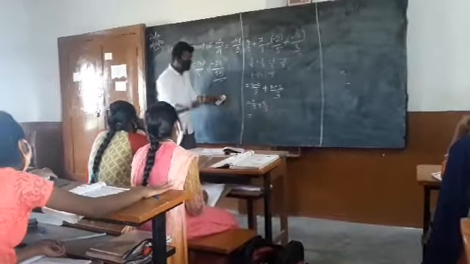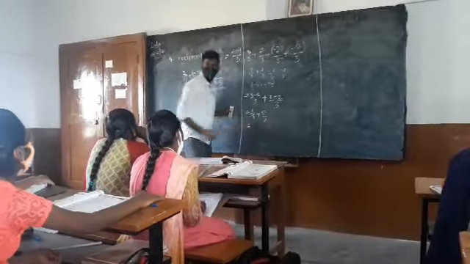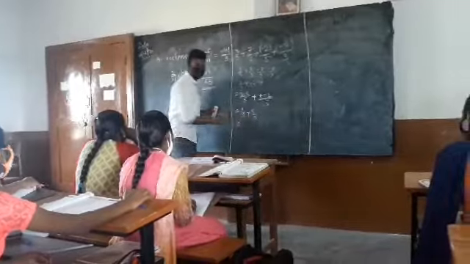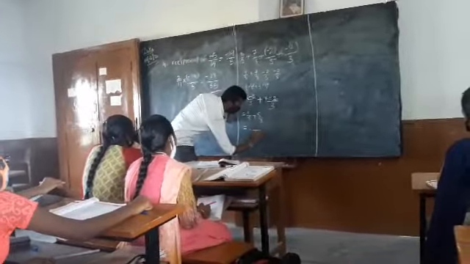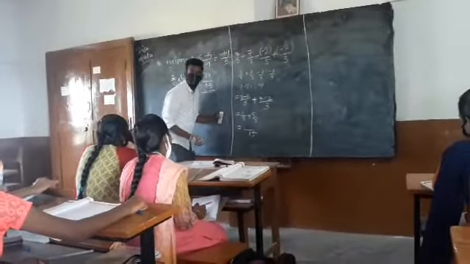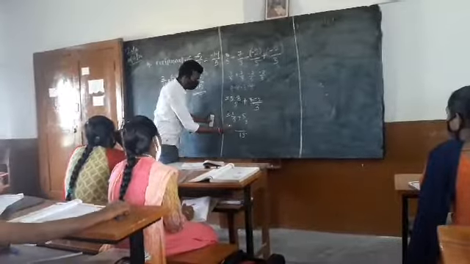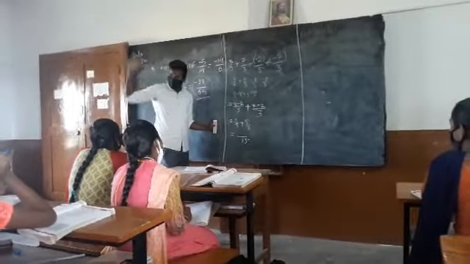It is LCM you need to find out such that you can turn the both denominators as same. Understood? LCM of 5 and 3. 15. Yes, it is obvious. You can directly write the LCM as common denominator for both of them. Understood? So, how many times 5 goes in 15? 3. 5 3 5 Very good.